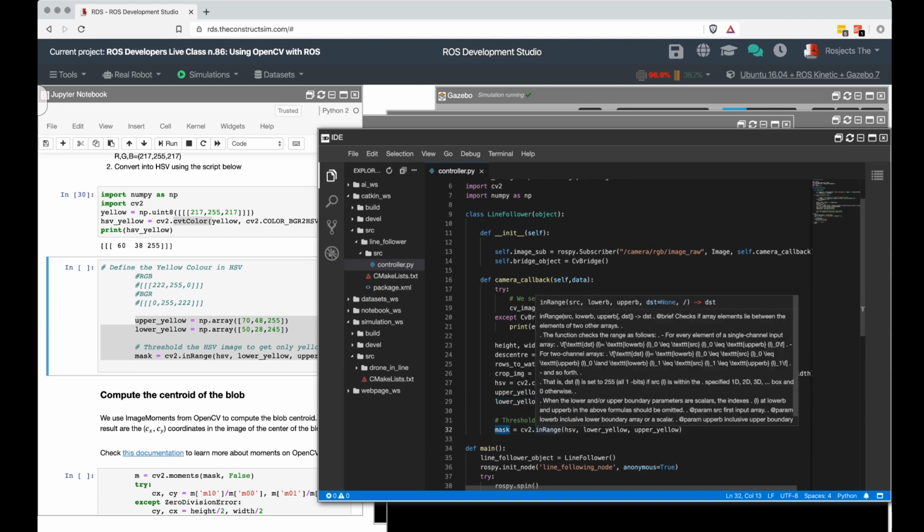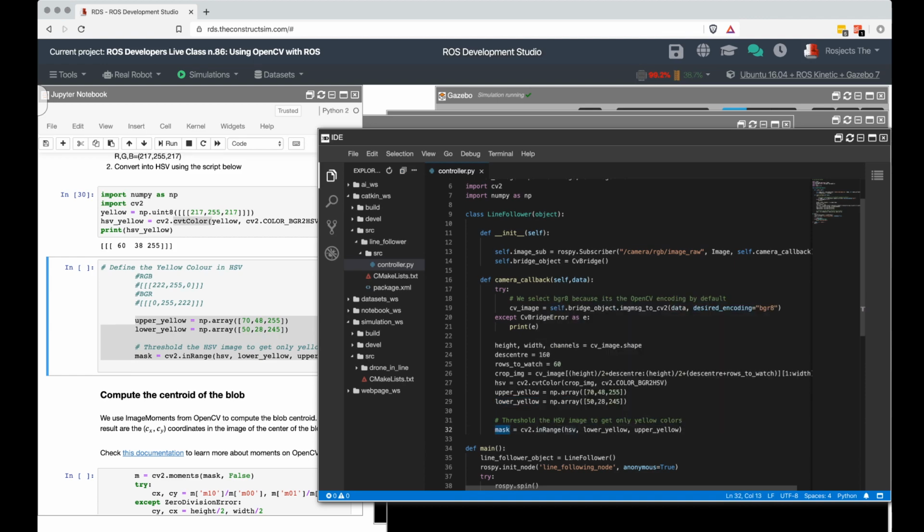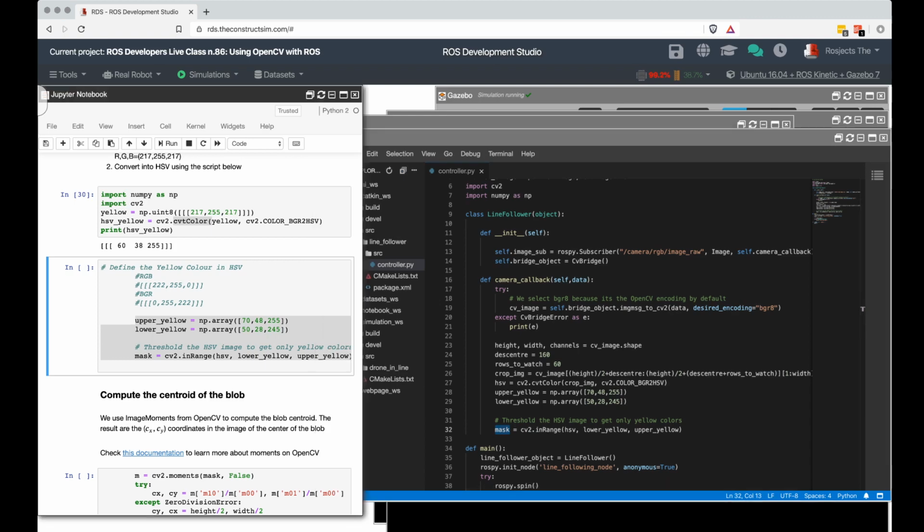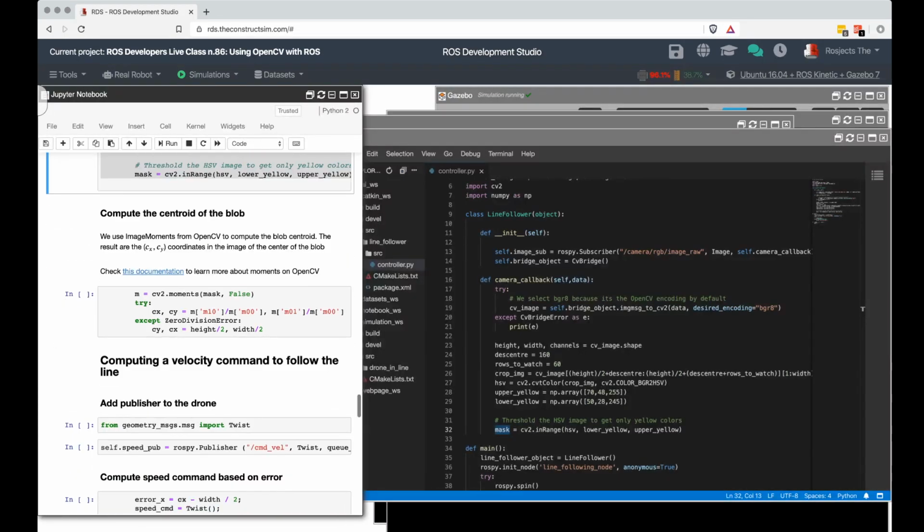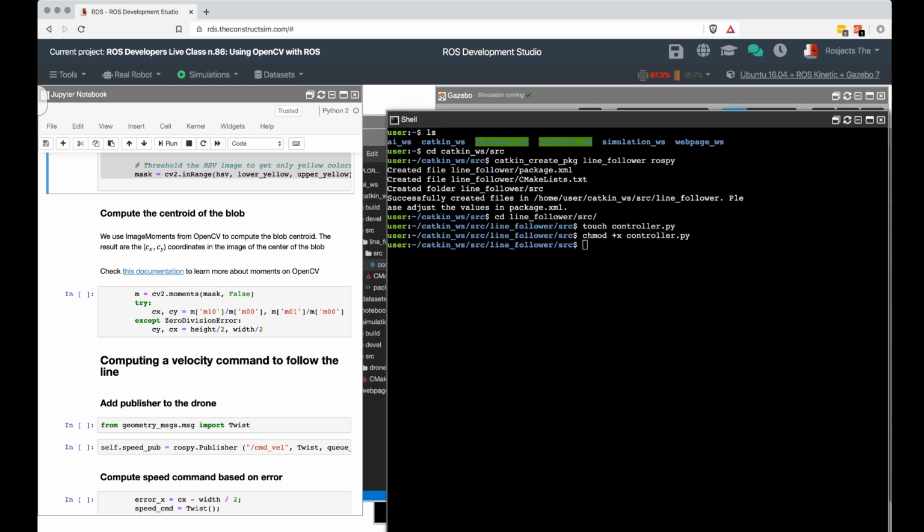Remember, the mask is the image that contains only two values, white and black. White is the place in the image that has the line, and black is the one that doesn't. Okay, so now at this point in time, if the robot is seeing any image like we have here,